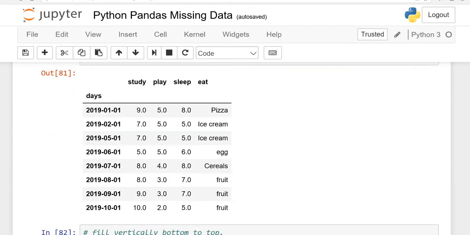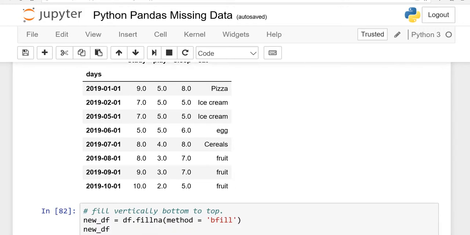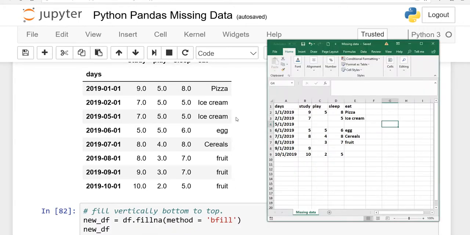Now we can see about this data. See 7, and then this is 7, 8, and then after this the blank is filled with 8, 5, and there is nothing. So here the system has filled 5 for you, and so on. So this is the forward fill. In short we can write ffill.